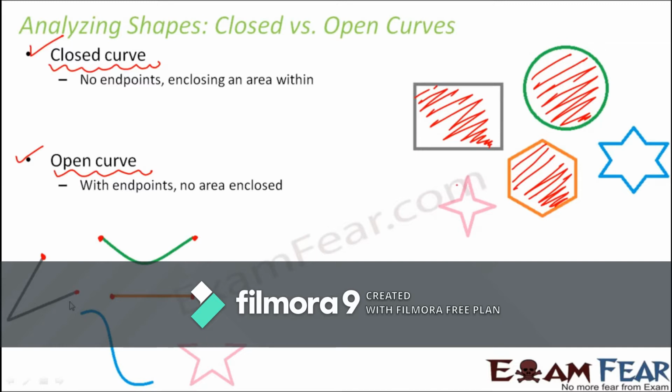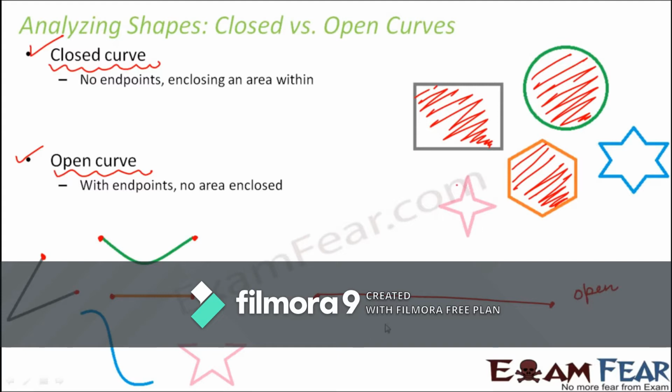Now when you look at so many varieties of shapes, you actually get to see a huge number of them, right? So looking at them, when you start analyzing, you come up with a lot of distinctions. So this was the first distinction. A very simple example I would like to illustrate would tell you how an object can be an open curve and how it can be a closed curve. For instance, let's say you take a rope. As long as the rope is kept straight, is it an open curve or a closed curve? It is an open curve because you can see the two ends of the rope distinctly. So this would be an open curve.